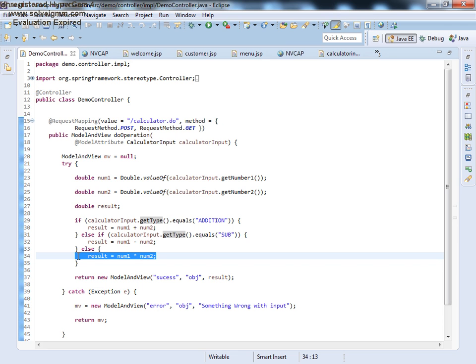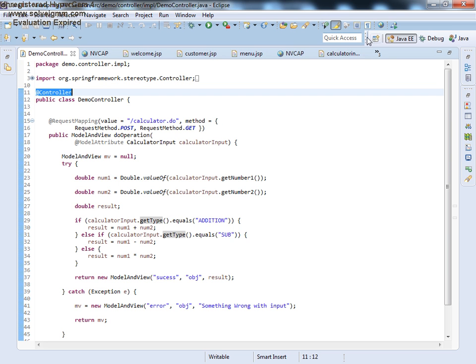Okay, so now we understood 2 things. First thing is, for our application, the entry point will be a controller class. If our class has to act like a controller, it must be annotated with @Controller. Second thing which we learned in this 45 minutes is how to identify what function of a controller will get called.